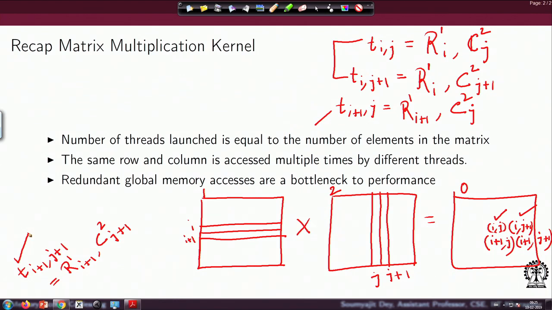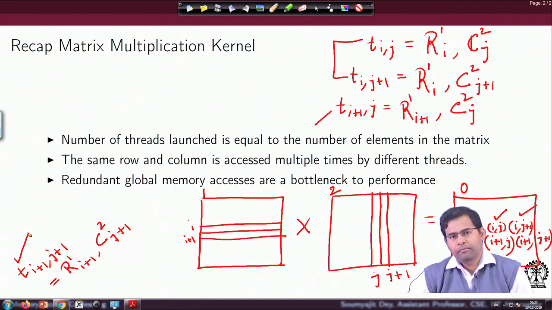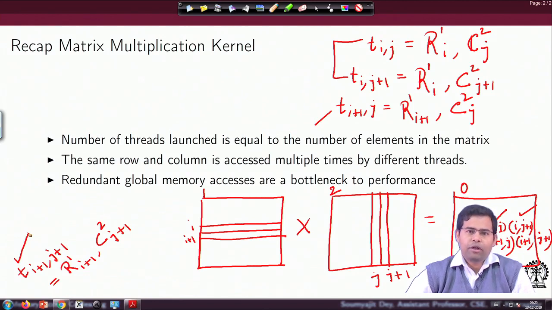So, I would say that is a performance loss. Why? Because one thread has already accessed the data from the global memory. Now, again I am asking another thread to access the same locations from the global memory, for doing the computation of a different position. Of course, one may argue that some of this will be saved in the cache. Well, we are talking about GPUs where the caches are really small, right? Considering that we are looking into performance for very large matrices, the savings won't be great, which would mean I am having these duplicated accesses from the global memory.